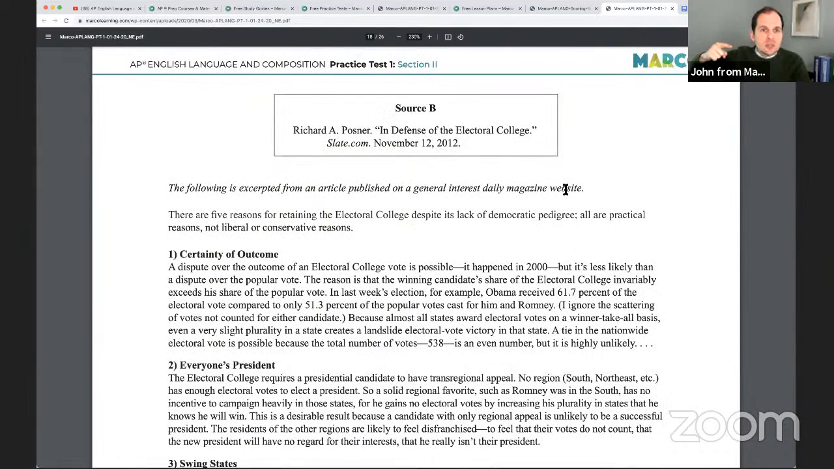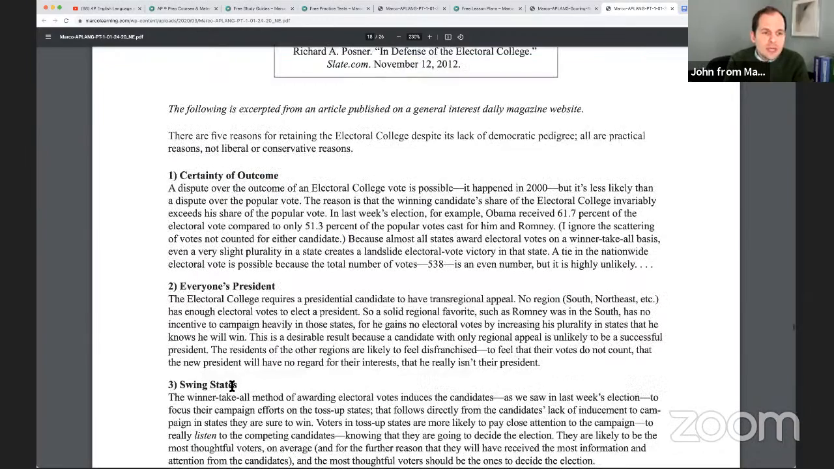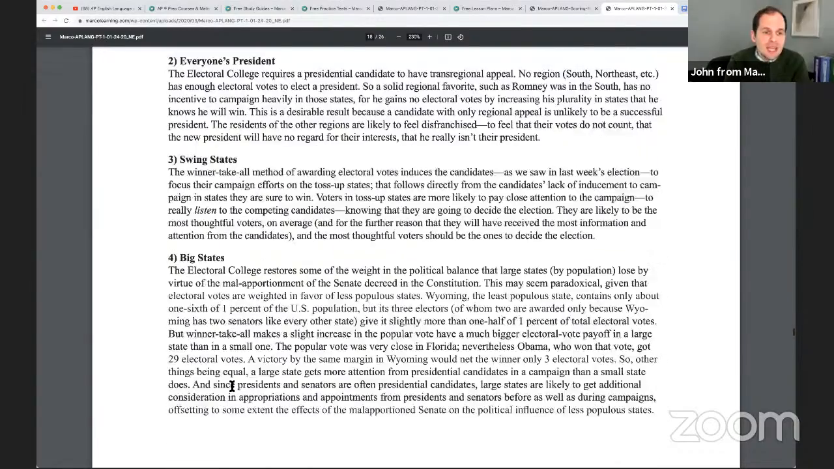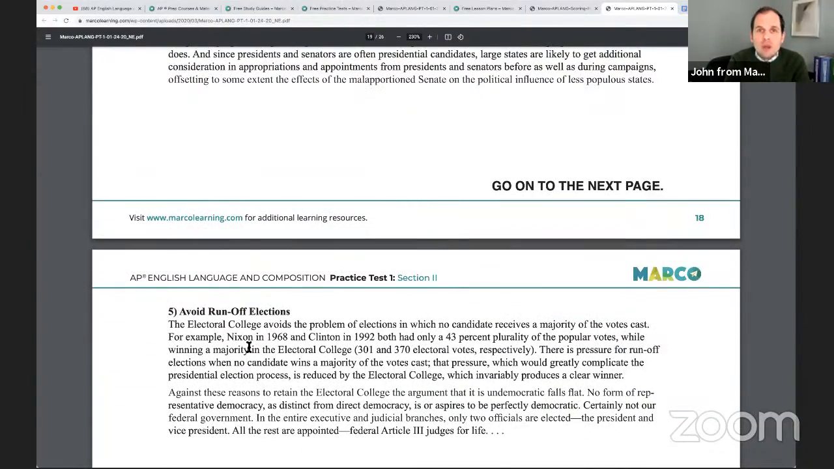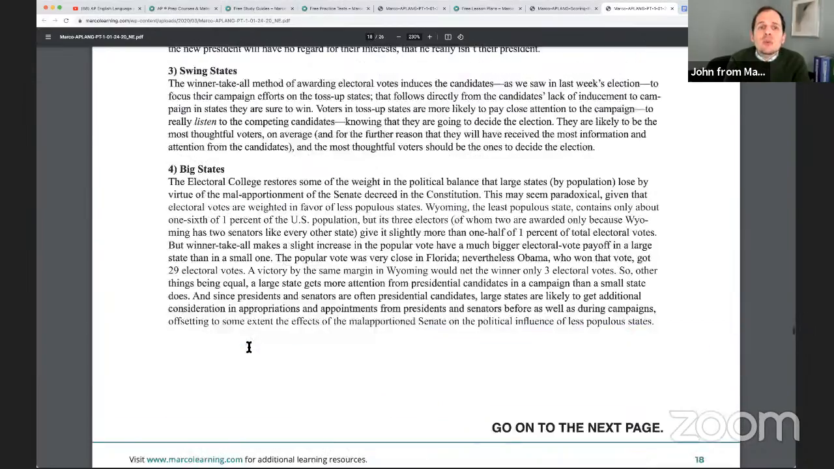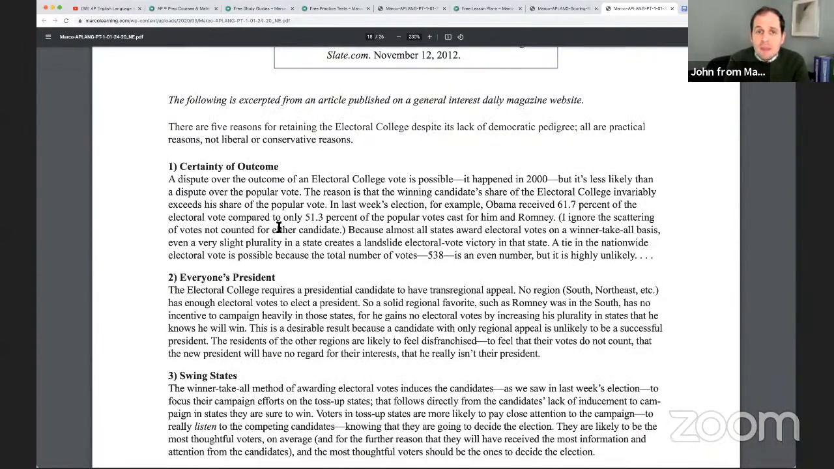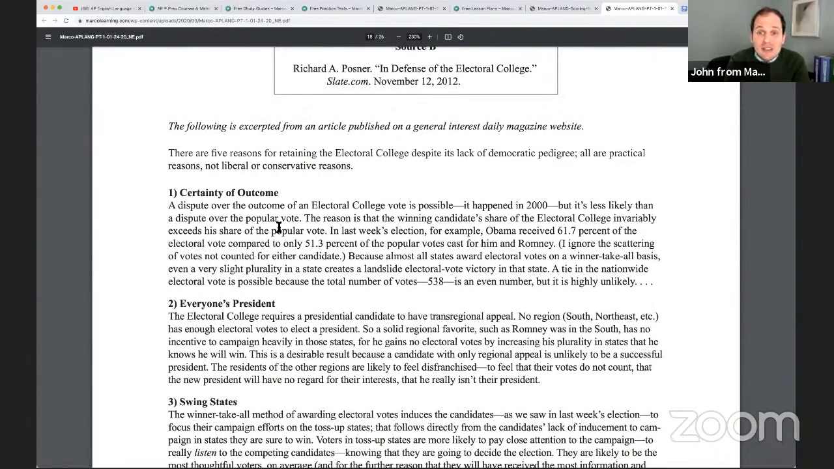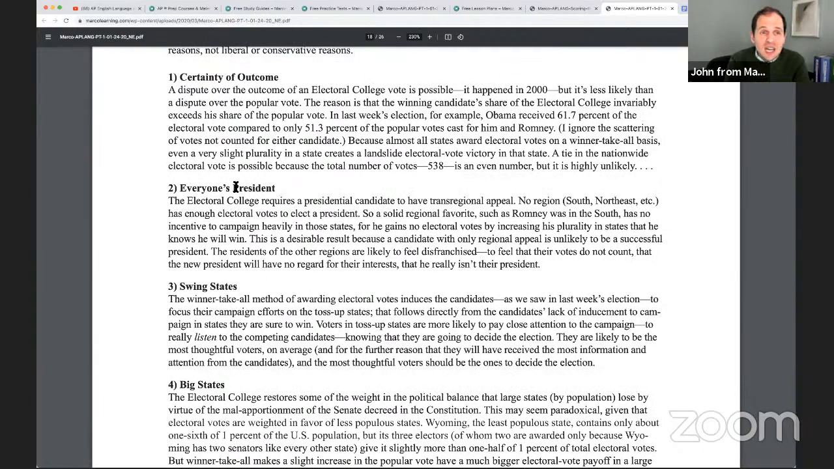The following is excerpted from an article published on a general interest daily magazine website, Slate, Richard Posner, in defense of the Electoral College. There are 5 reasons. Ooh, nice, right? Certainty of outcome, everyone's president, swing states, big states, and avoid runoff elections. Maybe I don't want to read everything that this guy says. Maybe I want to cut to the chase and say there'd be no regional appeal. Oh, good. I like this one. The idea that,